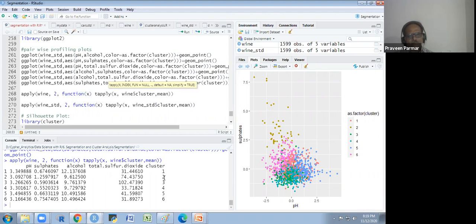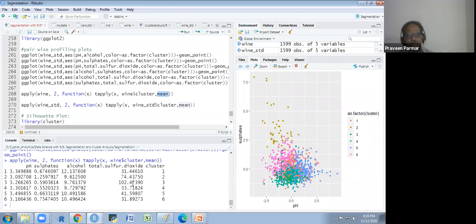So I have used this here, 1 2 3 4 5 6. So we are getting the mean of all the clusters: the mean of pH in the first cluster, mean of pH in the second cluster, mean of pH in the third cluster. In this way we are getting the mean of sulfate, also the mean of alcohol, and the mean of total sulfur dioxide.